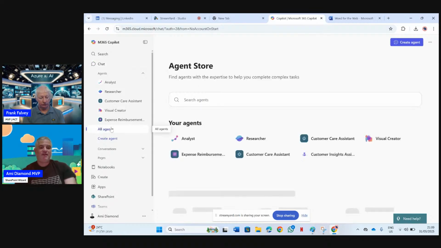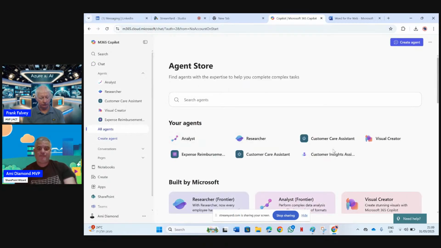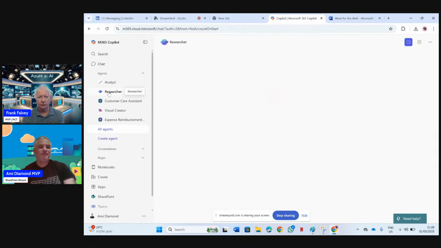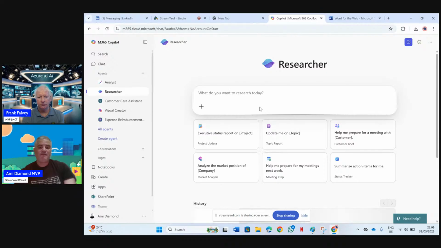You could also see them under the all agents. You will see those that were built by Microsoft. These two are part of the Frontier project. Just in a nutshell, the researcher is meant to give deep reports on topics that you choose, either for information that you have within your organization,